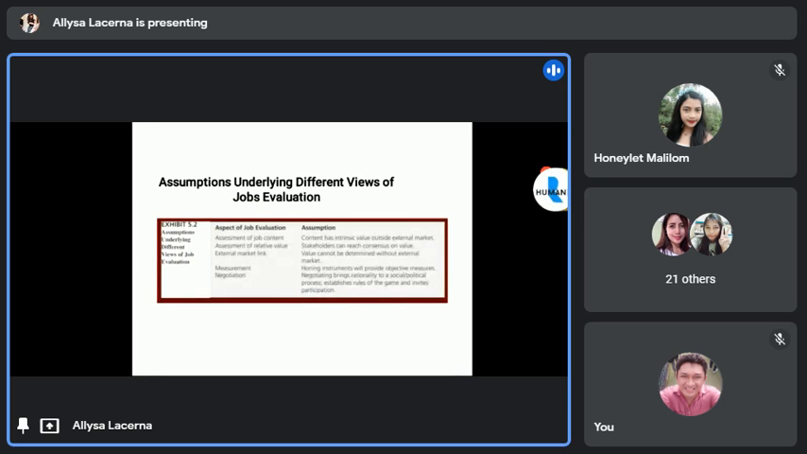The assumptions underlying different views of job evaluation. So, isa-isayin natin between their aspects and their opinion, assumptions rather. So, una dyan, yung assessment of job content. So, when it comes po dun sa views of job evaluation, ang assessment po of job evaluation ay merong pangunahing halaga